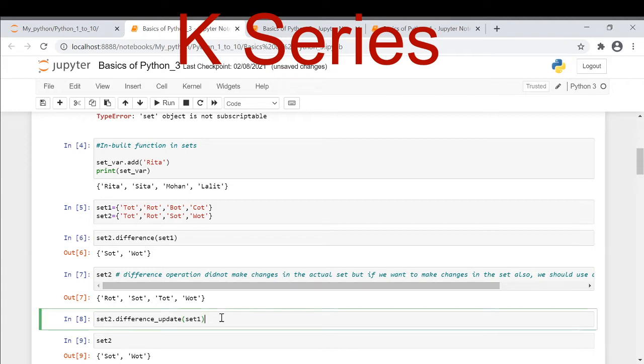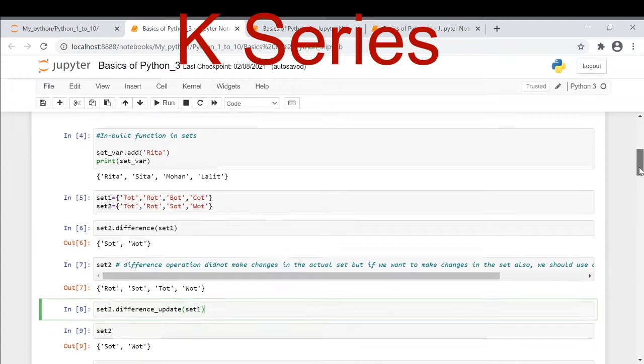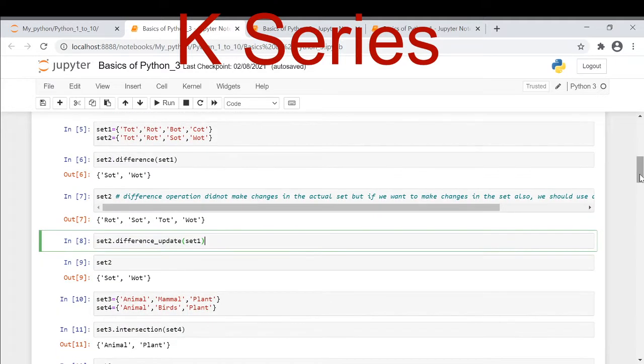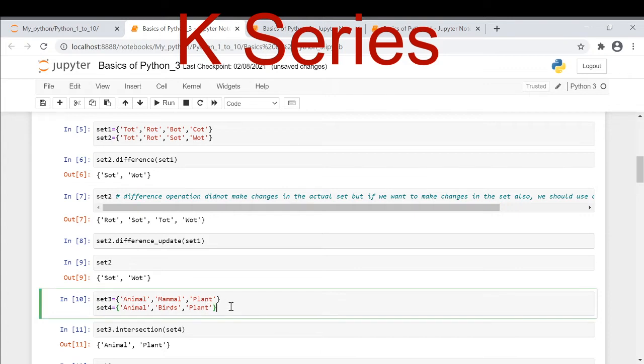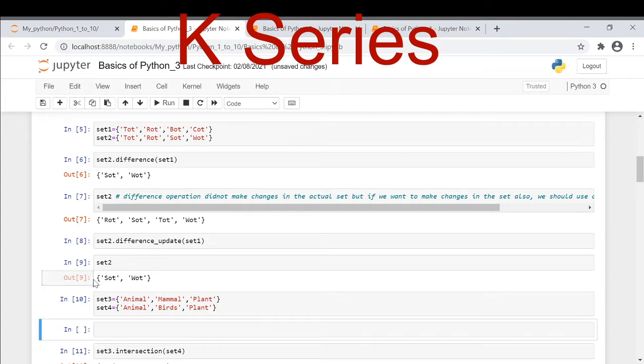This is another function wherein it will make changes in my actual set also. This is the basic difference between difference and the difference update operation. Now I have performed set 2 dot difference update set 1. Now if I again type set 2, it will show me sort and what only. Is it clear?